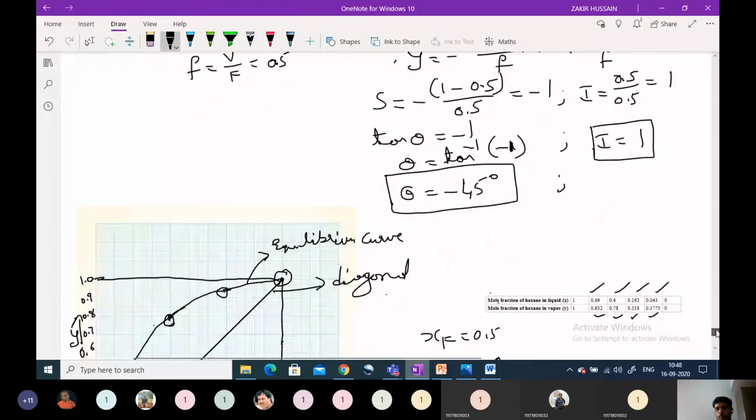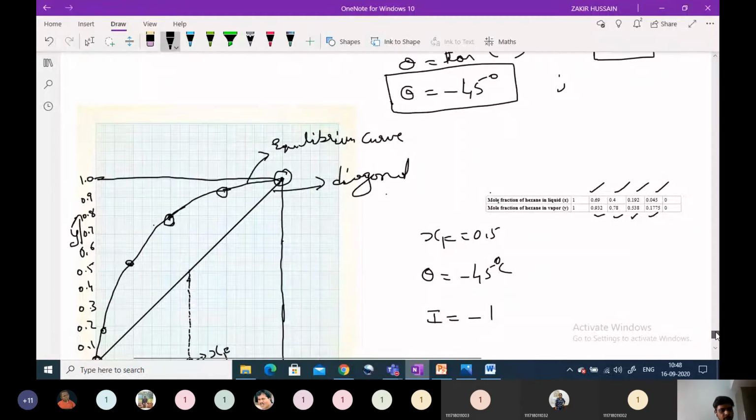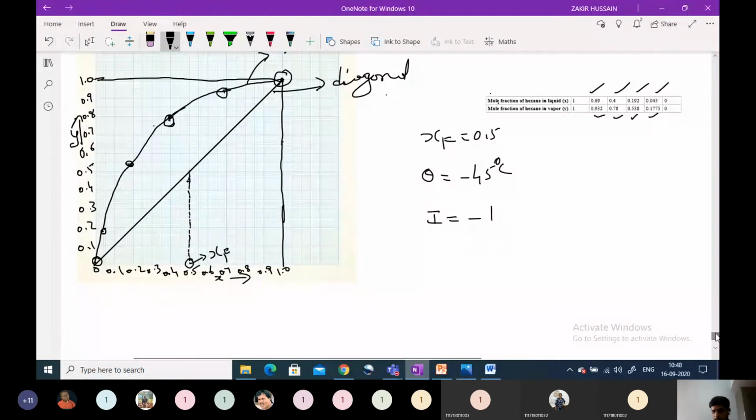The intercept is equal to 1, yes, it is positive 1. So the intercept is equal to positive 1. The intercept will lie on the y-axis. So on the y-axis, where is the point 1? This one. If it were 2, we would have to go above. If it is below 1, we have to locate the intercept point here.